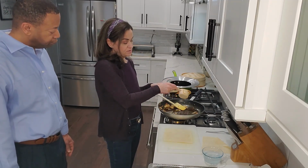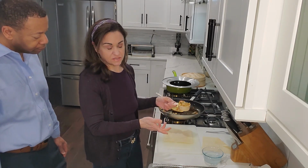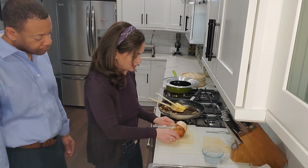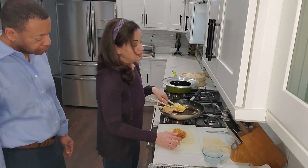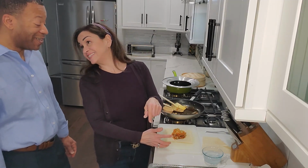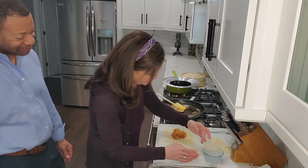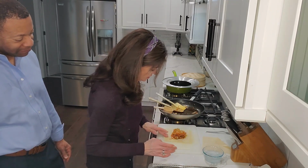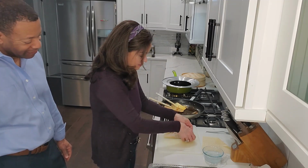So you see what I'm doing? Just to make sure there's not that much oil. You don't have to squeeze it, you don't want to squeeze it, because you do want them to be nice and flavorful. By the way, we tasted this and it's delicious. So just put your glue on the outside, like I said, real quickly, and then fold your sides in,